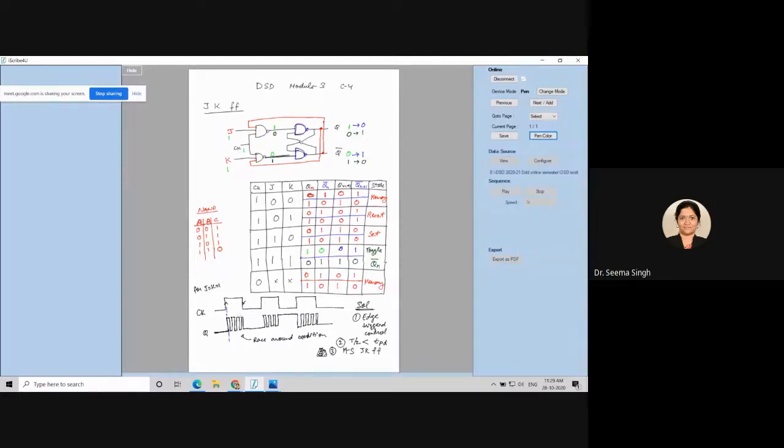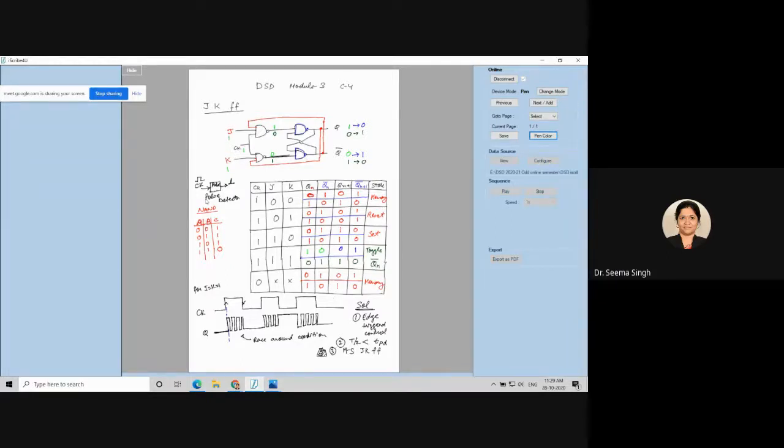And I had told as the first solution that if we are able to get edge triggered, you know how do we make an edge trigger? You can see I'm making on the screen. If I have a clock here and if I make a pulse detector circuit, this clock level triggered will go in, but it will give me a pulse. I had shown this in one of the classes also. It gives me a pulse.